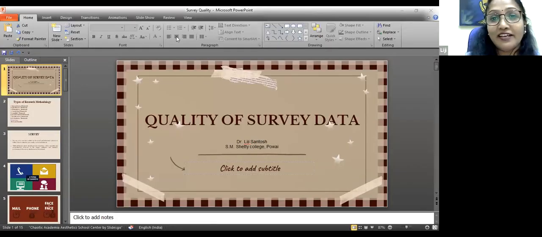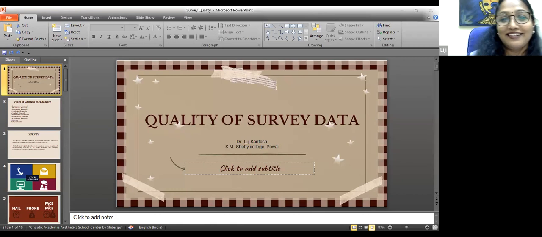Thank you, Kalpana. Introductory part you have given to the session. So today's session, as Kalpana ma'am has told, it's about quality of survey data and survey estimates. So I will be dealing only with quality of survey data, as I have to hand over the session at 11 a.m. to Priyanka ma'am. But I hope I'll do justice with this session, with this paucity of time.